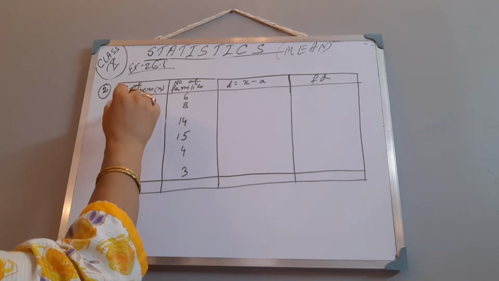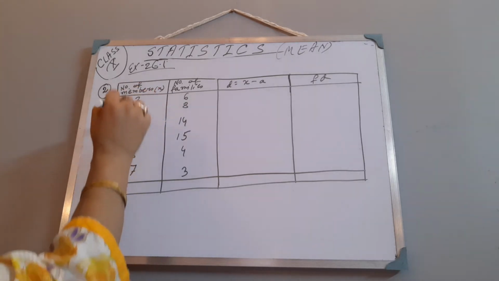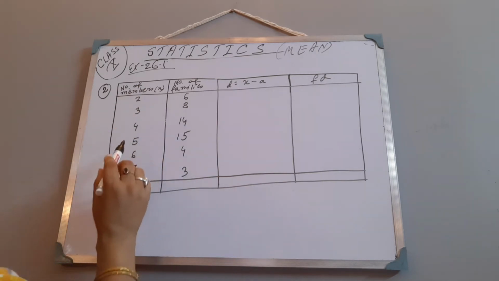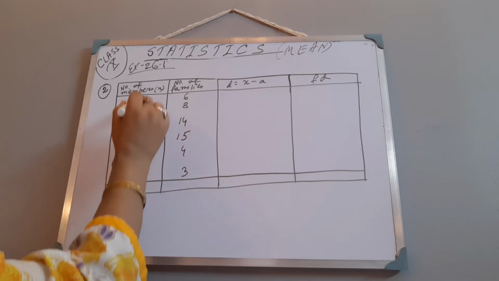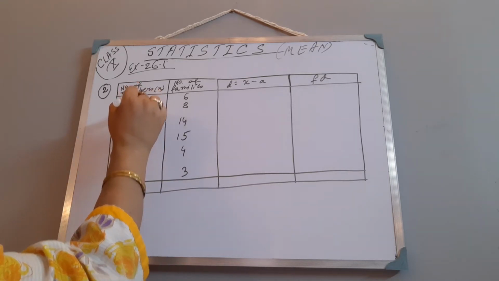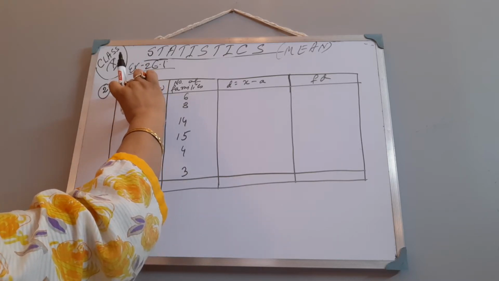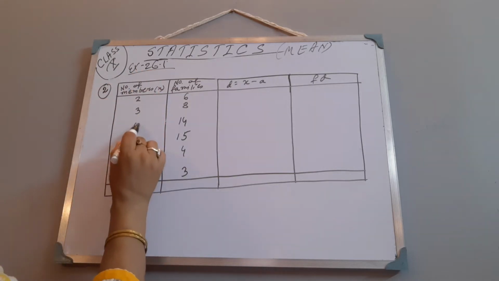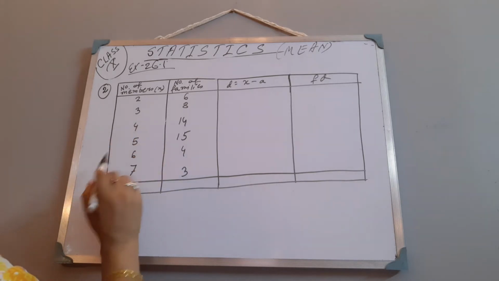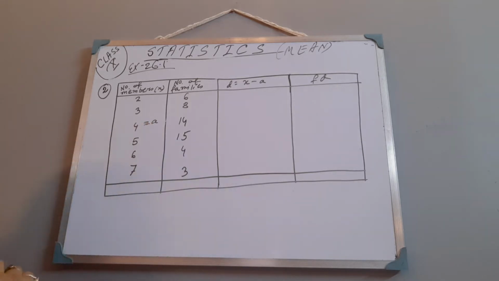There are six numbers of members. So we have to choose a number which is nearest to the mid position. From the top we can leave these two numbers, 2 and 3, and from below also these two numbers, 6 and 7. So the remaining tentative mid numbers are 4 and 5. Let us choose 4 as A, the assumed number. So 4 is taken as A.